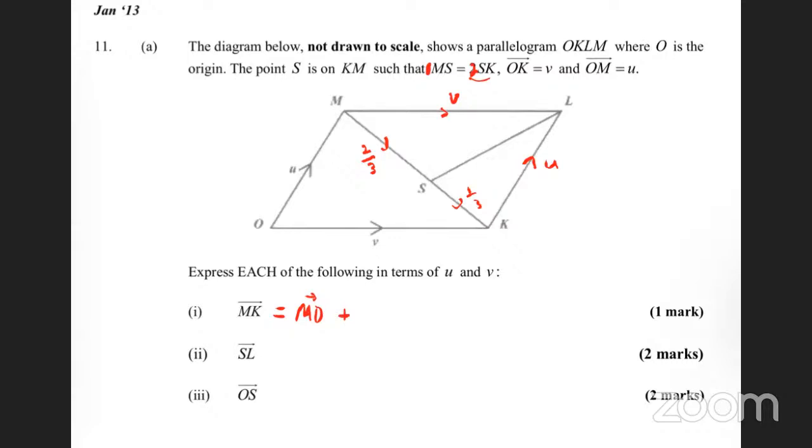Right, based on the diagram, M to O, O to K. M to O is against the arrow, so that's minus U. Right, and O to K is positive V. Okay, nice. Now SL, I'm looking at the diagram, and to get from S to L, I am going to